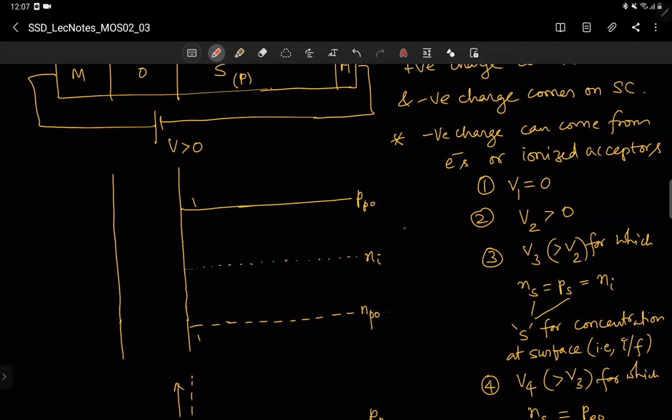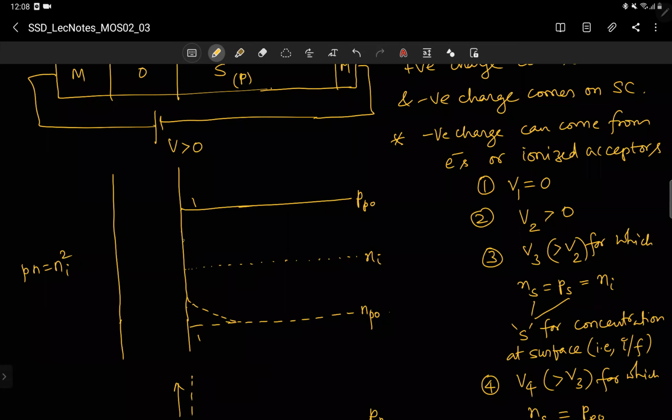And for V2, say voltage V2, which is greater than 0, what will happen? Negative charge should come in the semiconductor. That can come from electrons and then ionized acceptors. So electron concentration will change like this. And correspondingly, because pn equal to ni squared has to be satisfied, since the MOS junction is under equilibrium even when bias is applied,